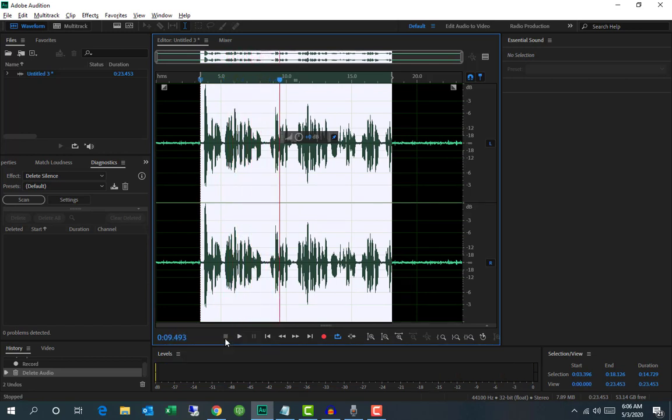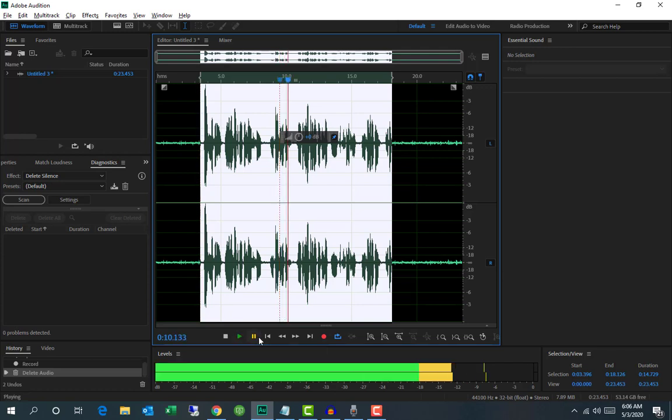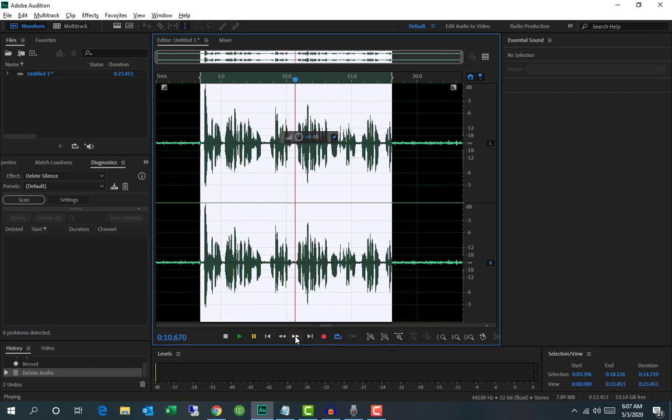To stop a video, click on this stop button. If you need to pause, then click here. Press this button to rewind your voice. This button is to fast forward your voice. If you click here, you can move playhead to previous, and by clicking here, move playhead to next. You can do same by pressing Alt plus left or right arrow. By pressing loop button, you can play your voice again and again.